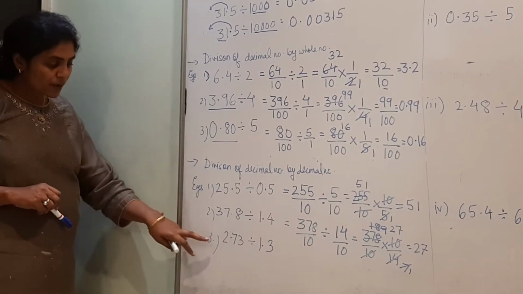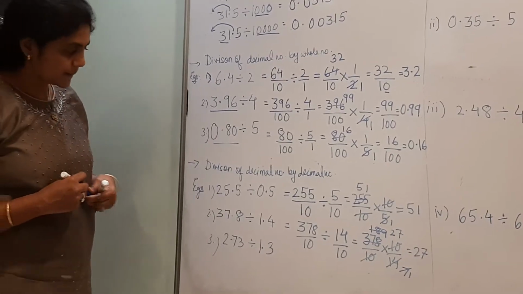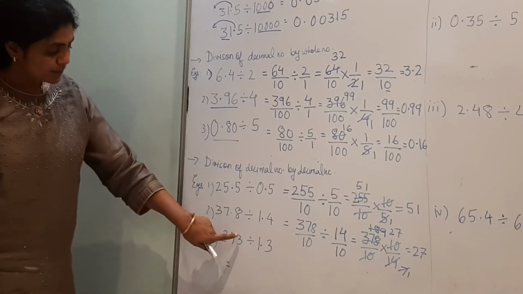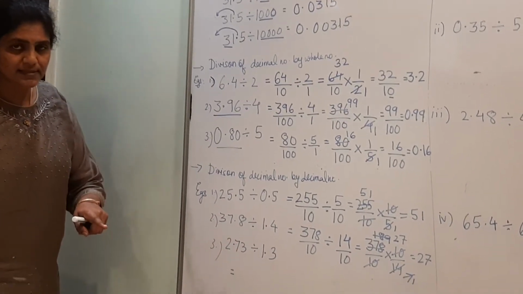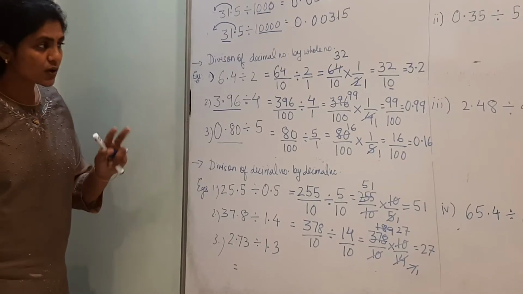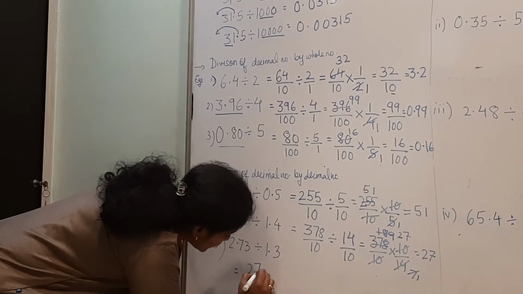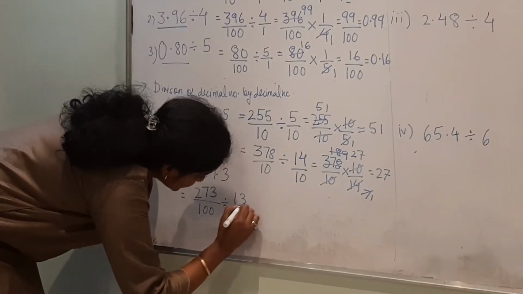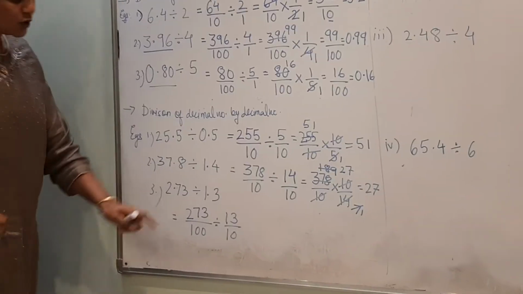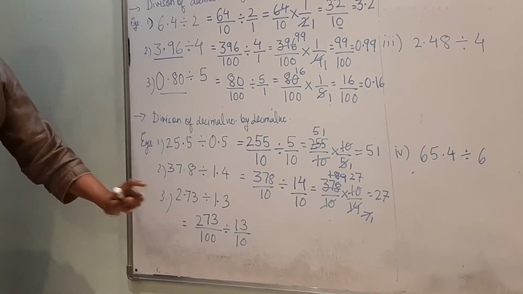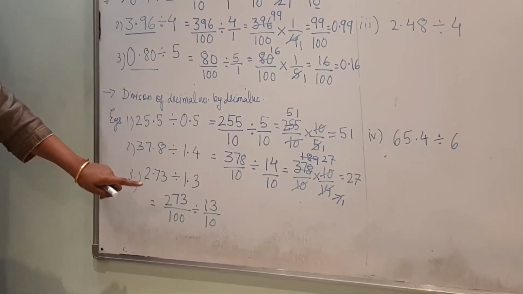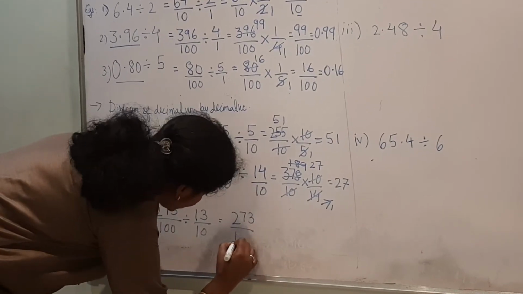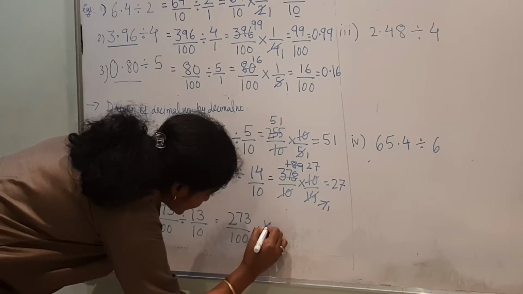Now, third is 2.73 divided by 1.3. Now, how to write 2.73? Before two digits the point is placed, means 2 zeros. So, I have to divide 273 by 100 and 13, 1.3, you can write it as 13 by 10. Again, division of fractions, do it. So, 273 divided by 100, take the reciprocal,